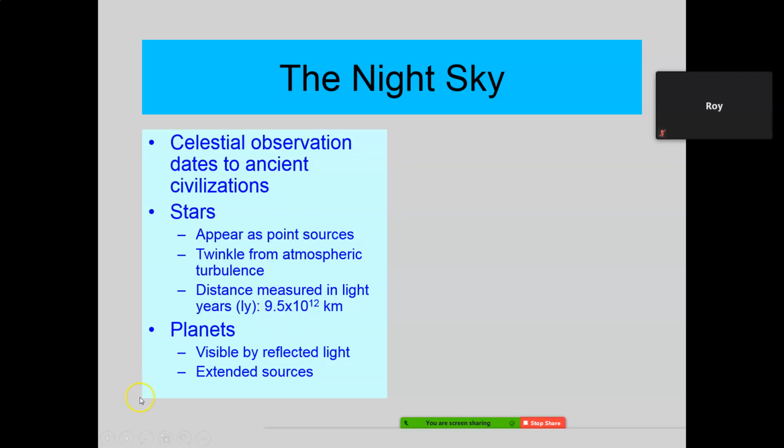Okay? Now, what are planets? Planets are things that are much closer to us than stars, for sure, except for our sun. Three of our planets are closer than the sun. Mercury, for sure, Venus, for sure, Mars, for sure. Jupiter, maybe about the same distance or close to a little bit further. Saturn, even further. Uranus, even further. Neptune, way, way, way out there.